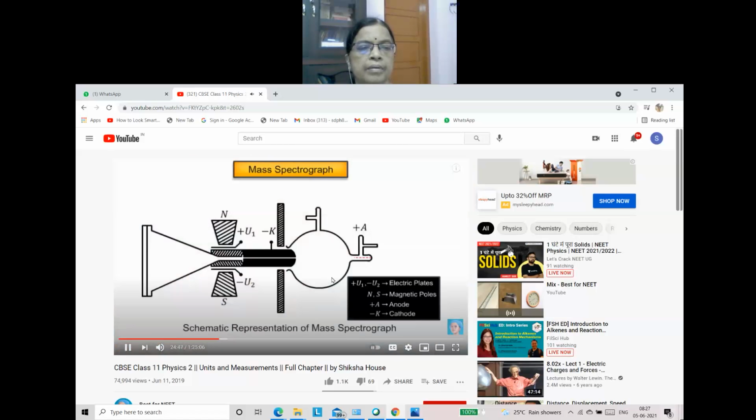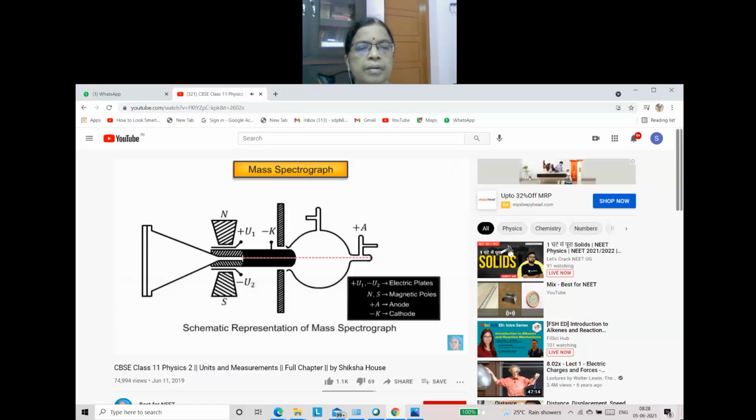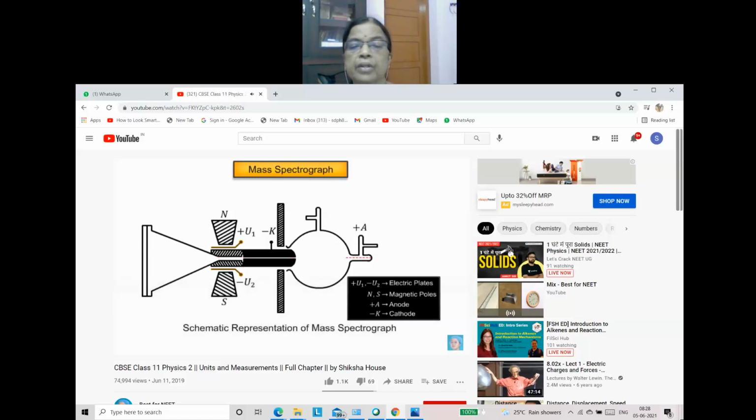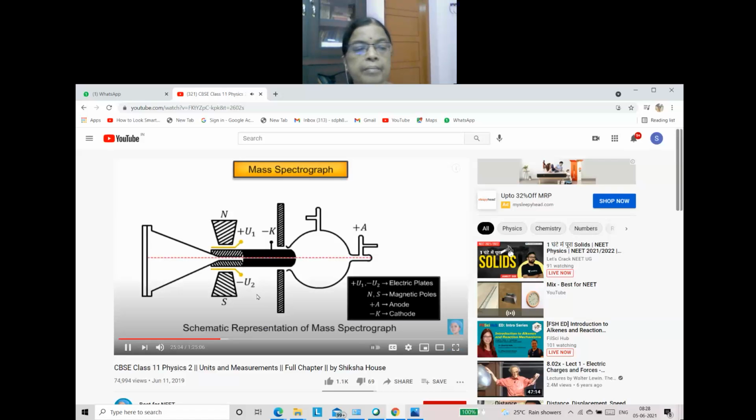In a mass spectrograph, a stream of charged particles, like electrons, in rectilinear motion is subjected to electric and magnetic fields. Due to the effect of the fields, the particles then follow a curved path. Then the radius of the